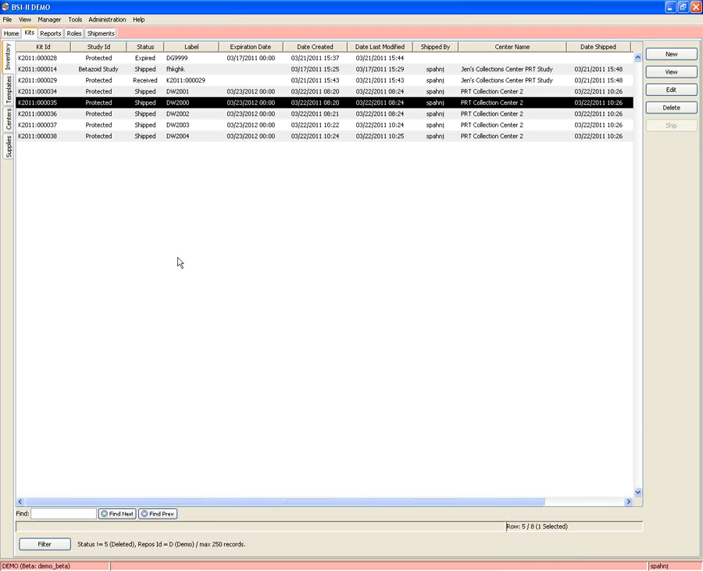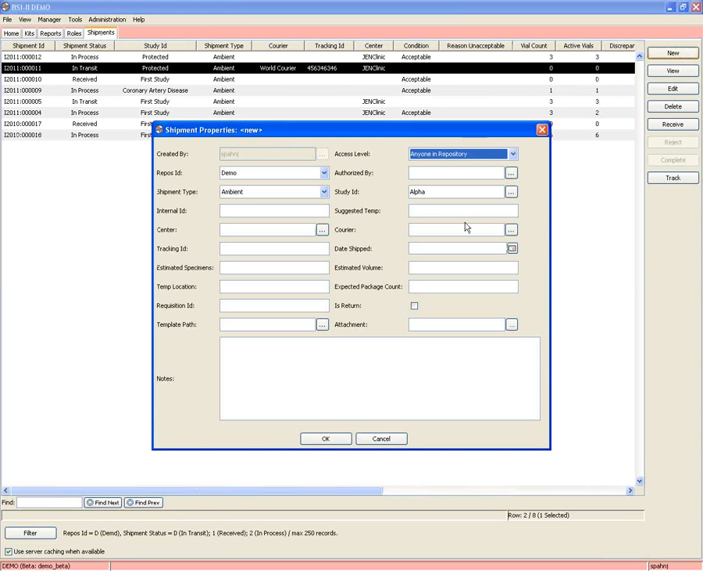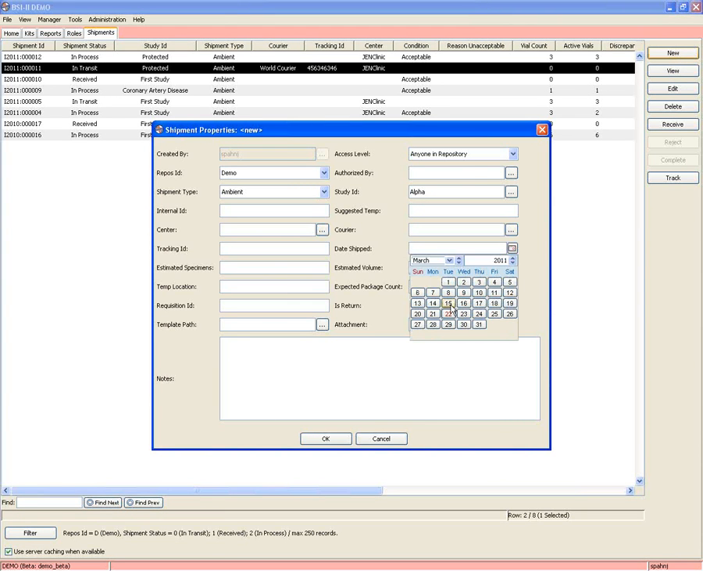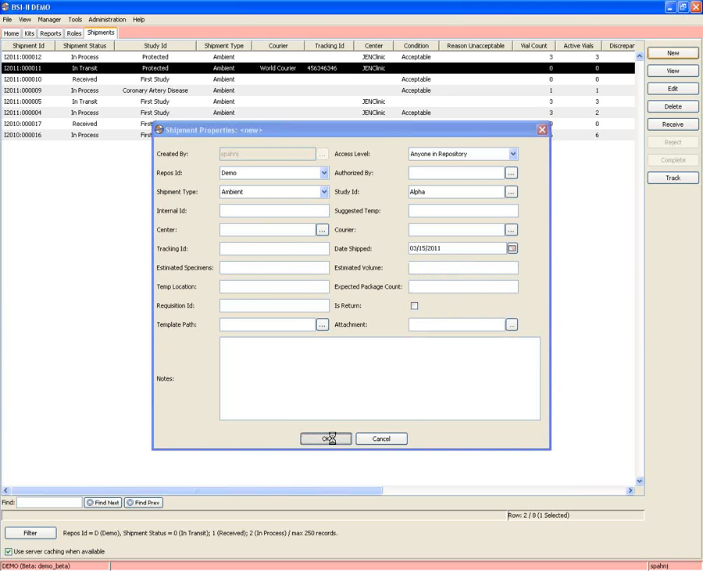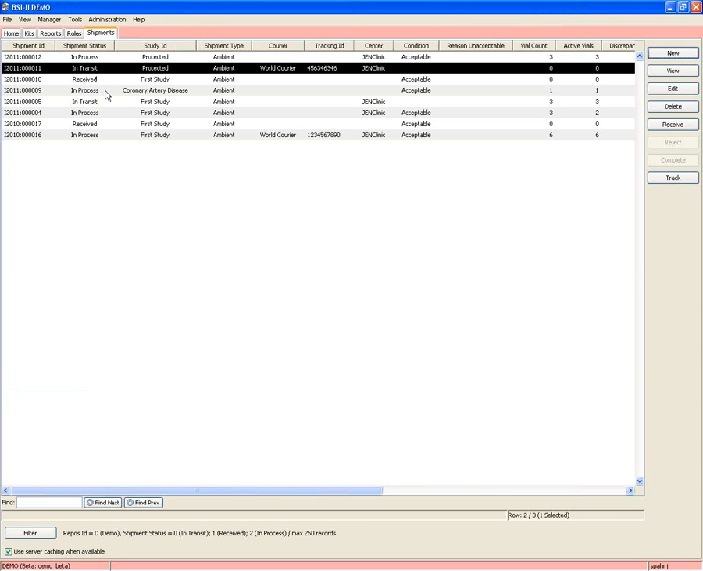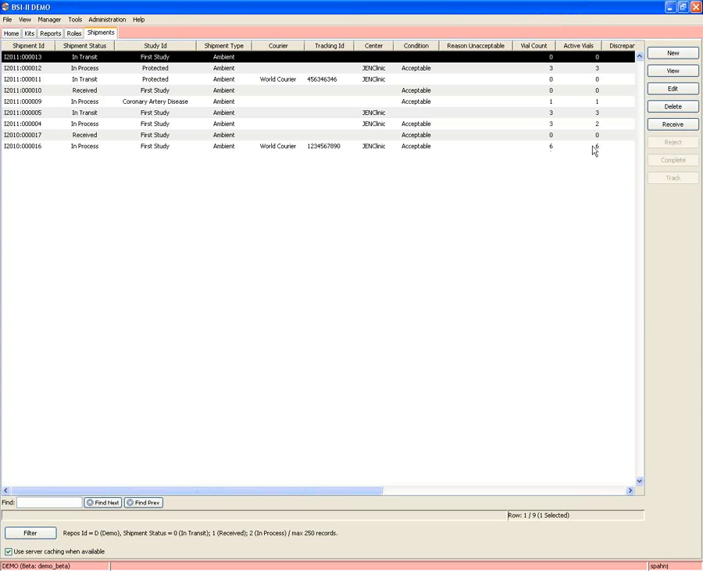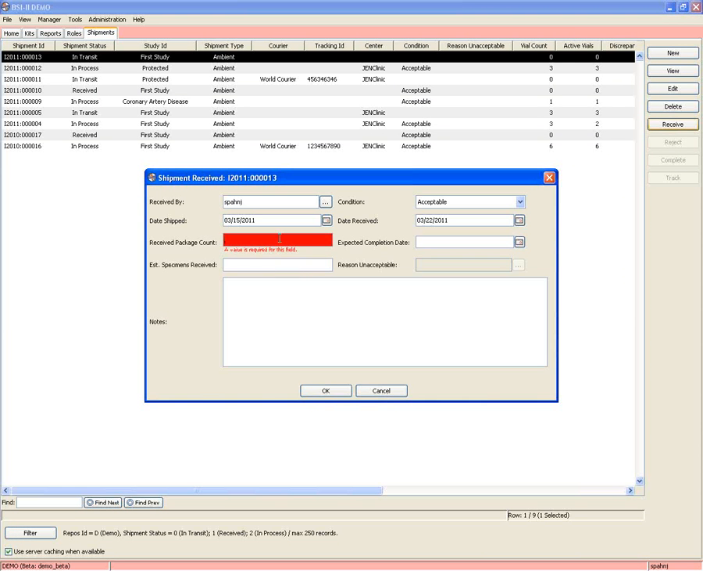So that's creating kits. Now, if you were to receive a kit, you would do that at incoming shipments, just like you would receive a normal kit shipment. So I would go to New and create my shipment. So I'm going to enter some just default data that I know I'm going to have. Obviously, you would enter more data here and say OK and save my shipment. So now my shipment is in transit. And then when I'm ready to receive, I can press Receive, enter my receipt properties as usual,